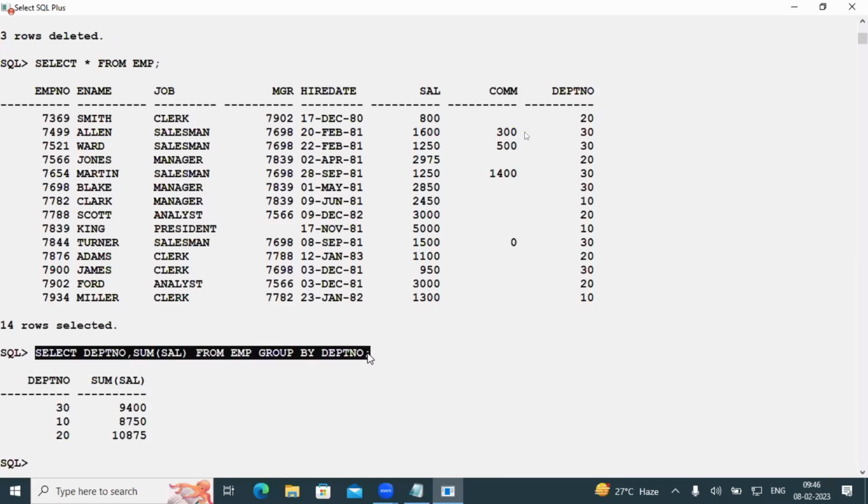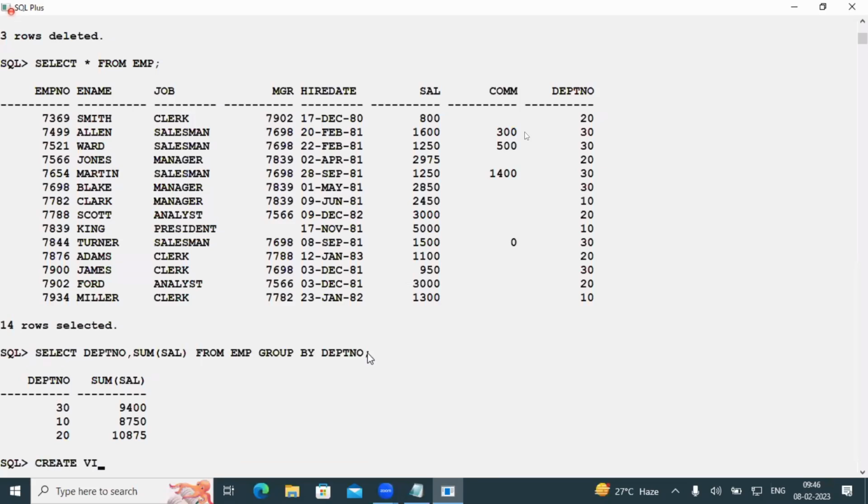Otherwise, I'm using this query very often. Whenever I want to use this query very often in my application, then what I want to do here is keep this statement under a view. So now see, if you want to create a view like this, here, view number 7, and so we are